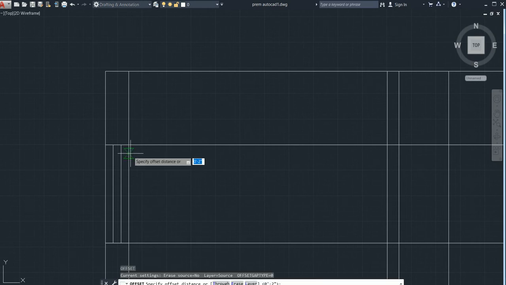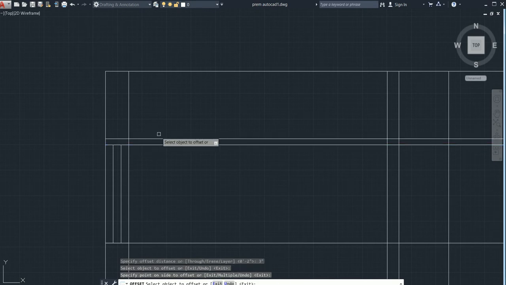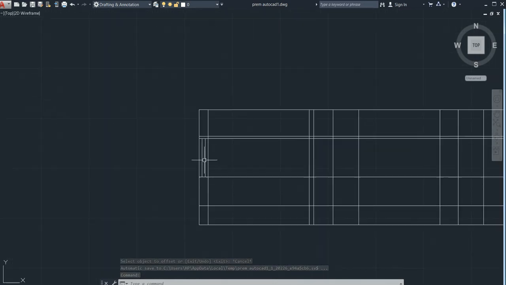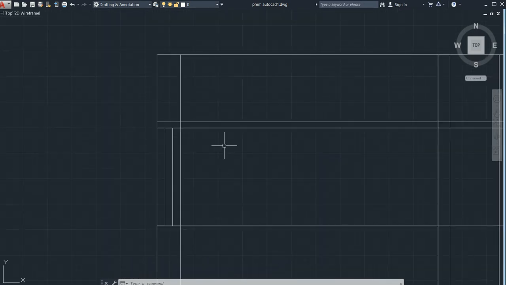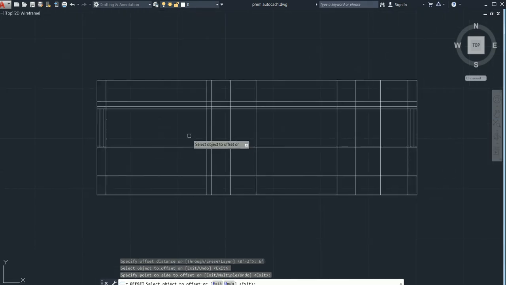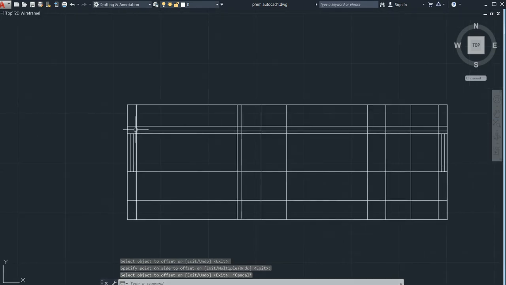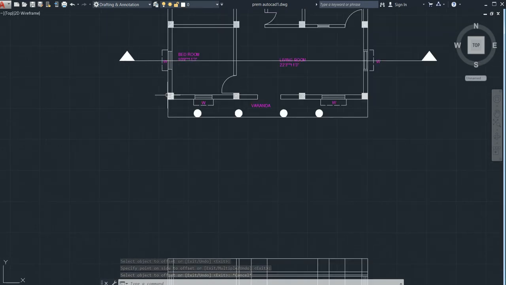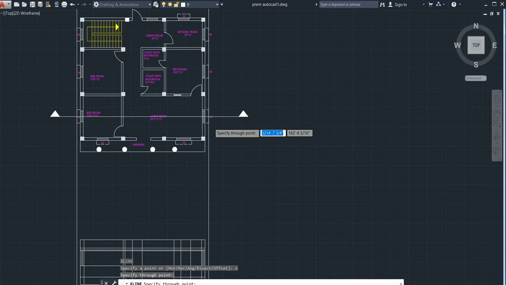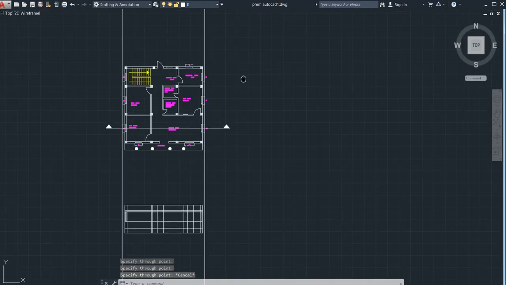The offset command for the chhajja will be 3 inches. You need to click this, escape it. Now here also, we need to provide some chhajja beam also. Go for the offset command of 6 inches. Here in the same way you can see it. Go for escape. Now go for the chhajja offset, go for the XLINE command V, enter. Now click it here. In the same way here also, just escape it.